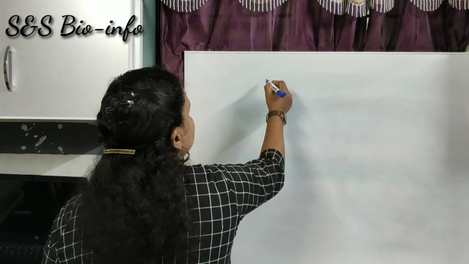I have told you that the egg membrane can act as a semi-permeable membrane. So water can move through this semi-permeable membrane. So the movement of water from the region of higher concentration to the region of lower concentration through a semi-permeable membrane is called osmosis. So today we are going to learn about the topic osmosis. Are you ready now? Now let's learn more about osmosis.